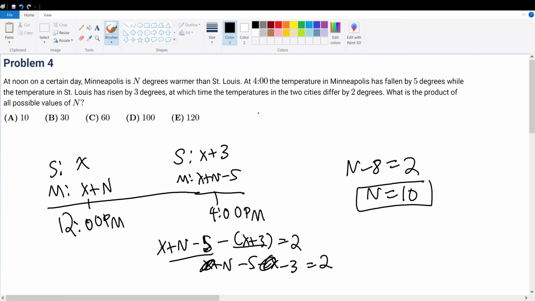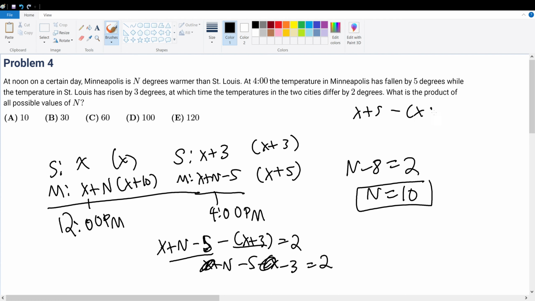So if I have x, so this is now x. This is now x plus 10. And this is now x plus 3. And x plus 10, this is now x plus 5. So x plus 5 minus x plus 3. Well, whatever quantity x is, remember, let's say x is, I don't know, 100. 105, 103. Well, it will always differ because 5 and 3 differ by 2. So that means when n is equal to 10, it checks out, and we can't have any more because we